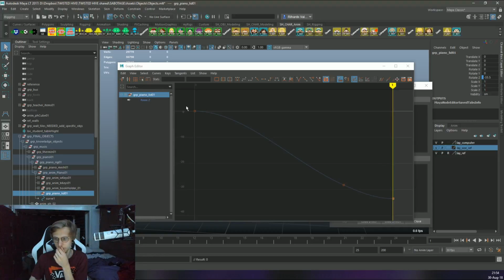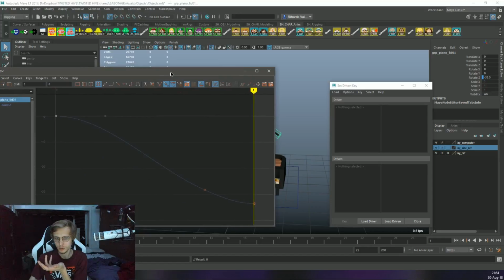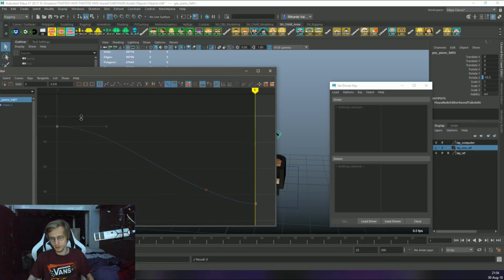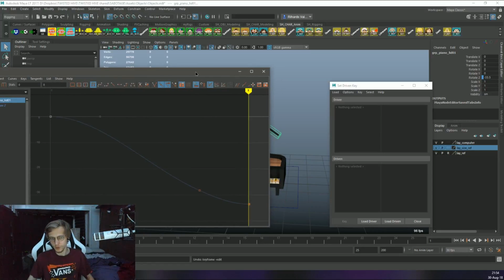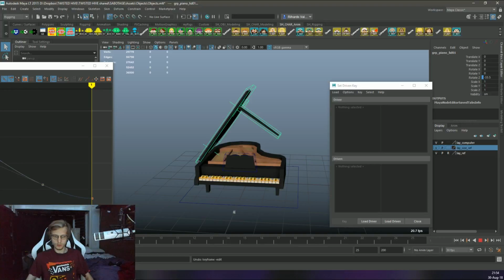Lid? Here it is. But this is still on 0. So I wonder why did that break like that? But what is this now? Is this still...